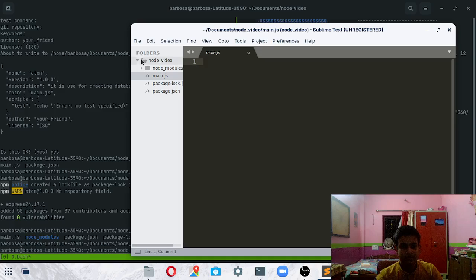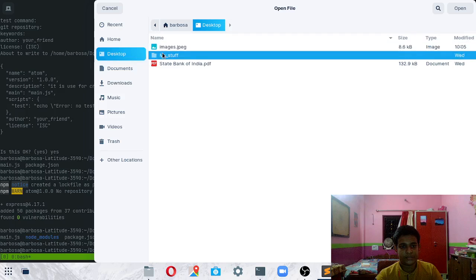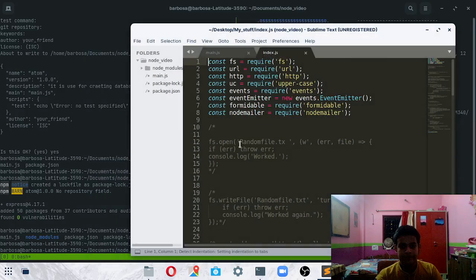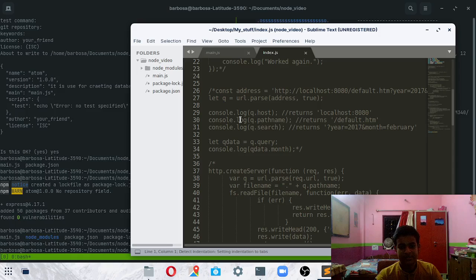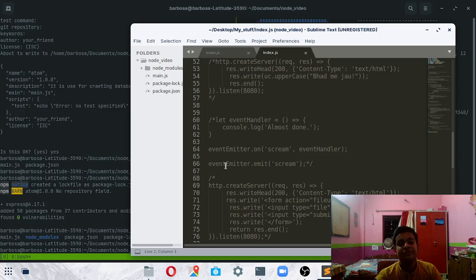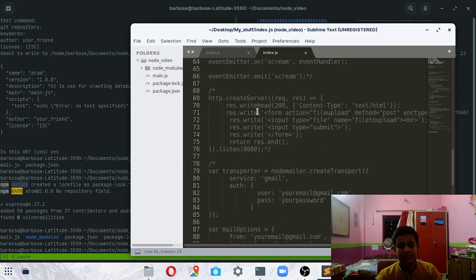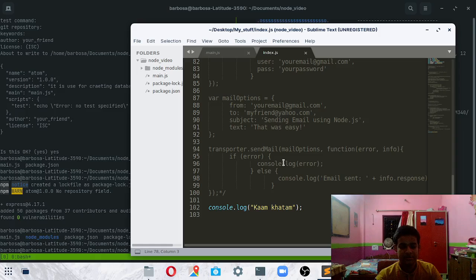First of all, we're going to open a file which is here. As you can see, I have this code here which is my cheat sheet for Node.js. I will link my GitHub repository to this code because it is really useful for Node.js concepts.